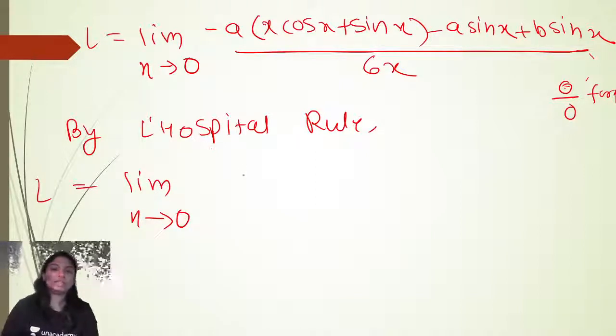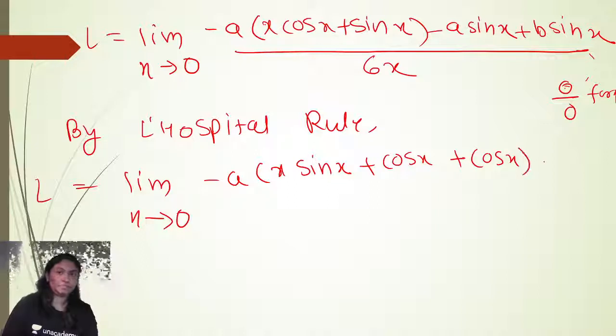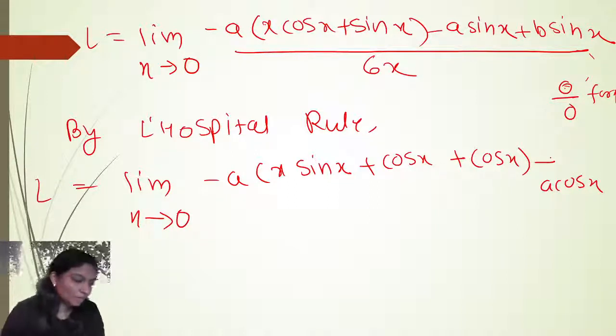So here is minus a into bracket first into derivative of second plus second into derivative of first, plus cos x minus a into cos x,